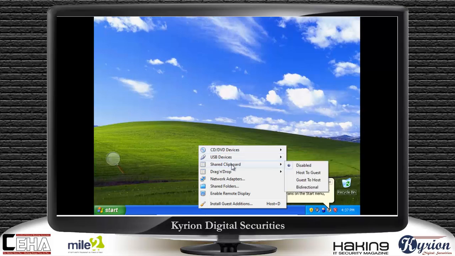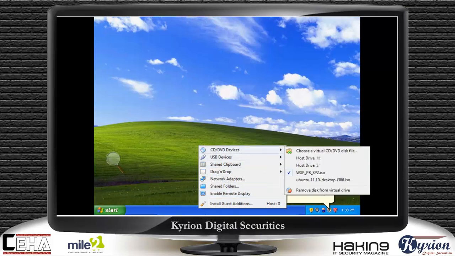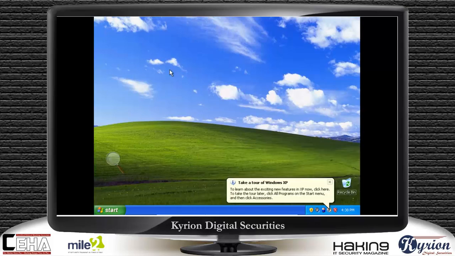Shared clipboard, you can share the clipboard with the main machine. Drag and drop, if you want to share some files from host to guest or guest to host. Network adapters, even you can create your virtual network here. Shared folder. Enable remote display. There are lots of options that you can use in the virtual machine that are available in the virtual platform.